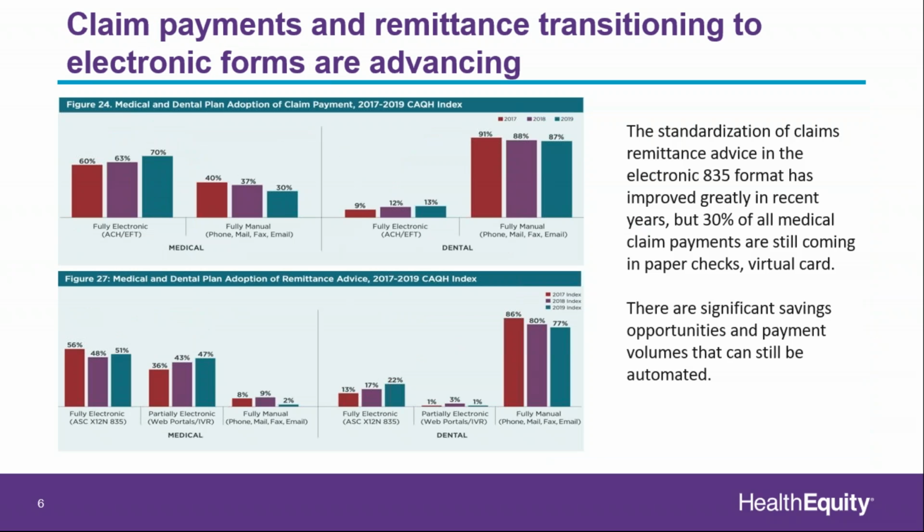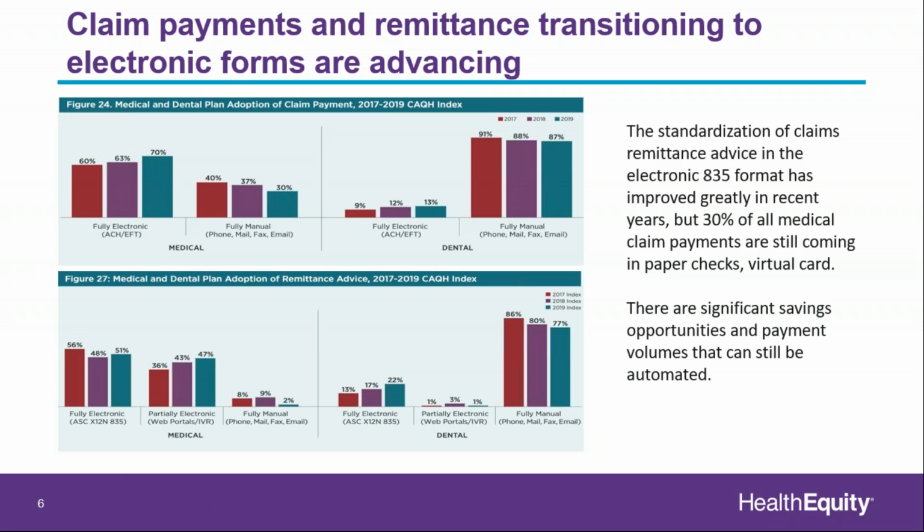So the good news, as I mentioned earlier, and this is data that comes from an organization called CAQH CORE, which is an industry association that really defines the standards for healthcare in the United States between payers and providers, so that there's as much standardization as possible in the way that fields and forms and documents are sent between parties to eliminate unnecessary complexity. And so they're the real champions on things like the 835 format, which has been out now for years, and slowly, more and more of those claims remittances are coming in the 835 process and form